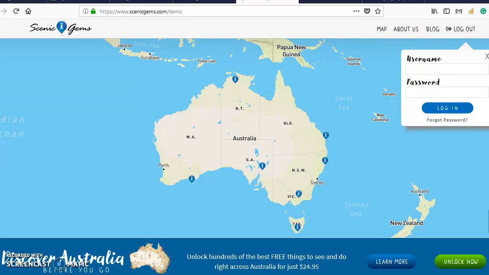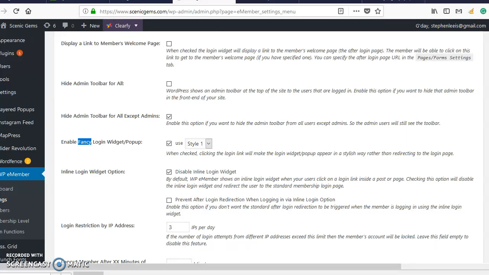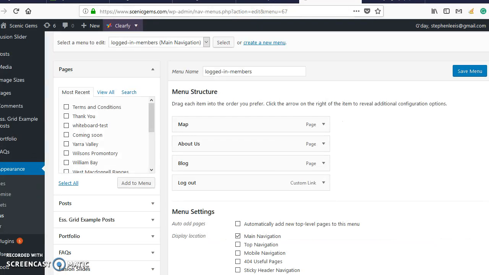I've previously got this pop-up working so that people can log in. It is called the Fancy Box, I think it's a JavaScript login panel, and in WPE Member settings you can see enable fancy login widget, and I'm using style 1. Now to get it working